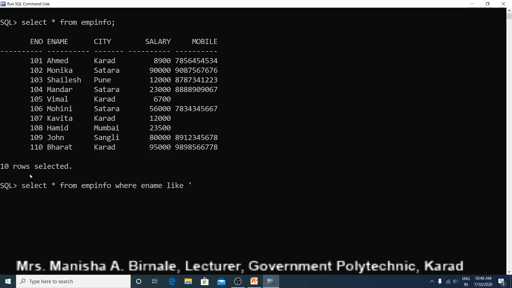The pattern should be specified within single quotes because it is a string. Our condition is that the name starts with M. So the first character should be M, and after the first character there may be any other characters in the name, so we have to use the wildcard percent.